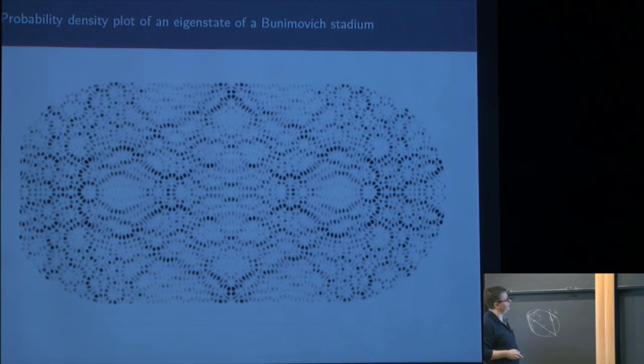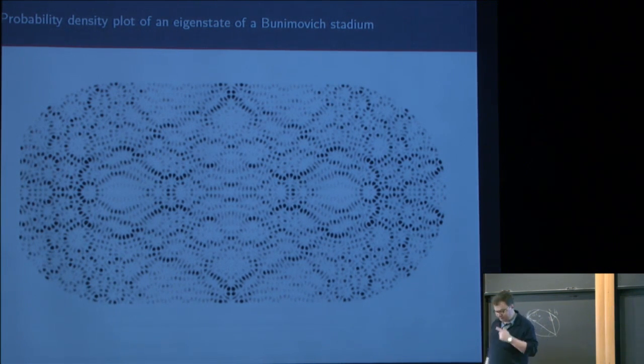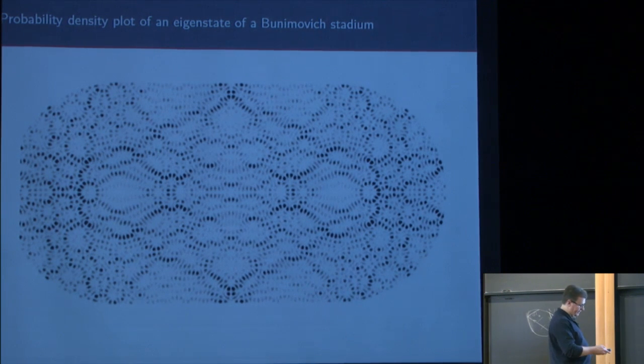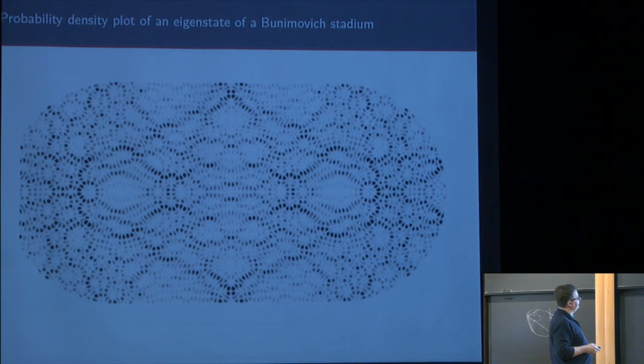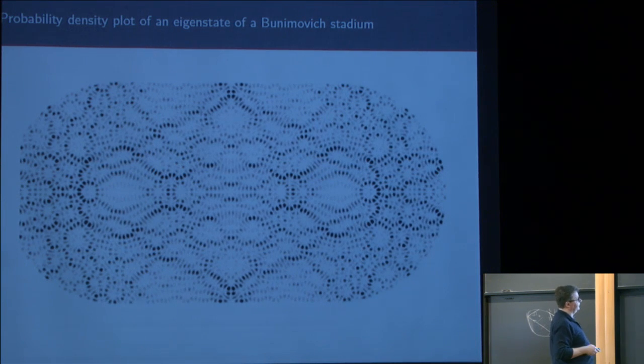So here's a particular example of an ergodic system. By the way, I stated it for manifolds without boundary, but for manifolds with boundary, it's also true. That was proved by Gérard-Leichtnam for certain cases, and then it was generalized to arbitrary smooth manifolds with boundary by Zelditch and Zworski, somewhat later, late 90s. So it's true on manifolds with boundaries. This is the case of the stadium, and you look at a particular eigenfunction plot, and the point is that one would expect that most of these eigenfunctions are equidistributed in that sense.